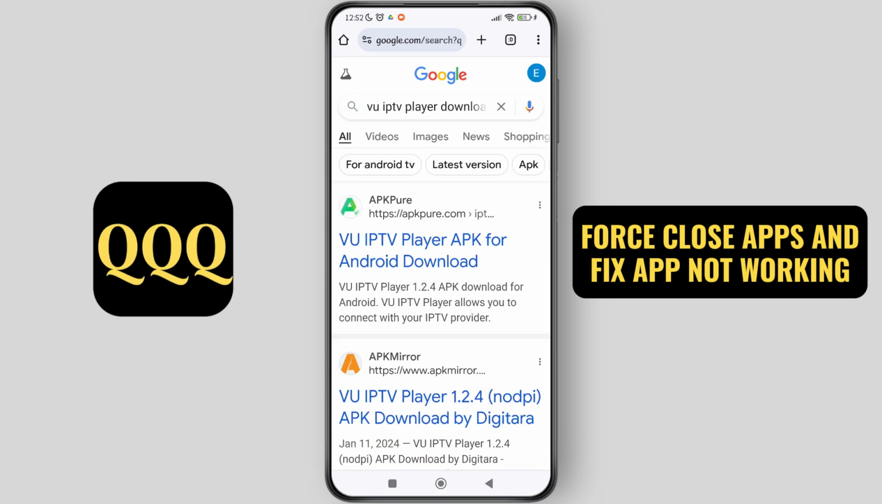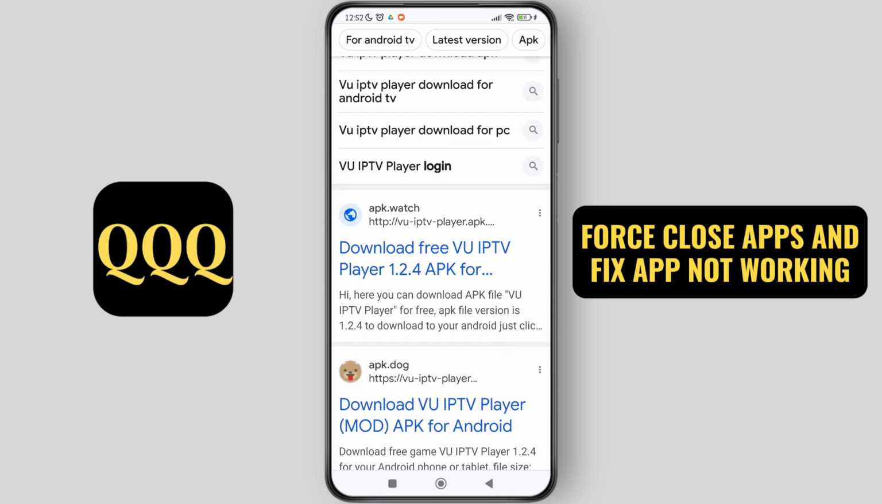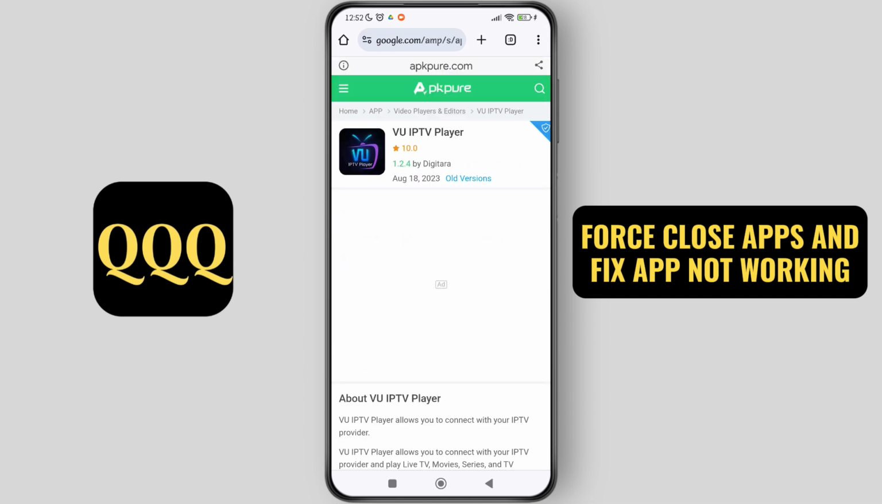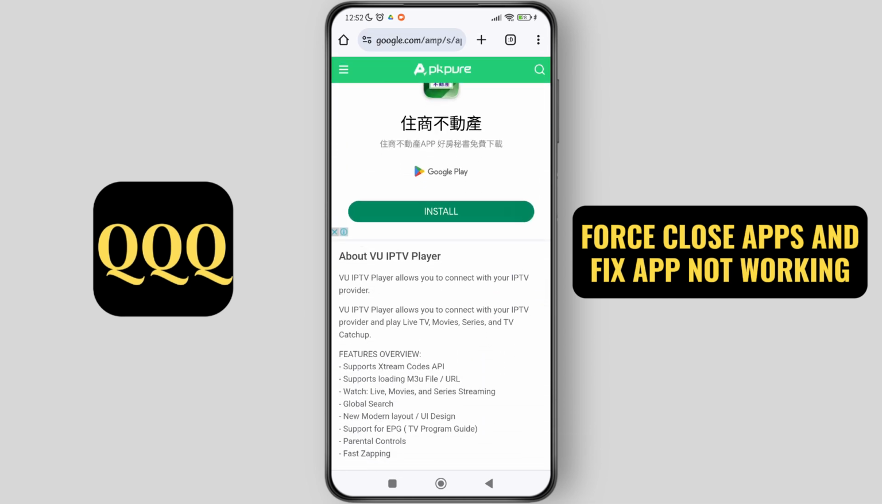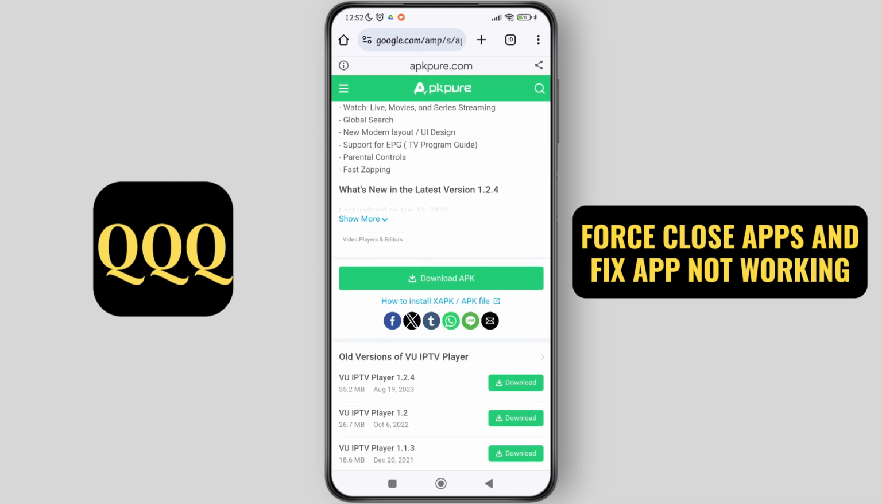and you'll be able to see different options, and you just have to select the one that's more convenient for you. I'm going to go for this one, and after that scroll down and you'll be able to see the option of download APK. So just tap on that and you'll be able to download the latest version of the